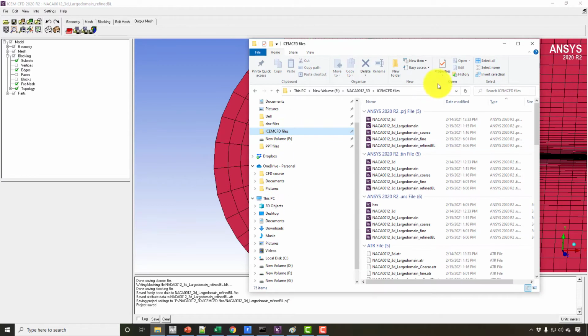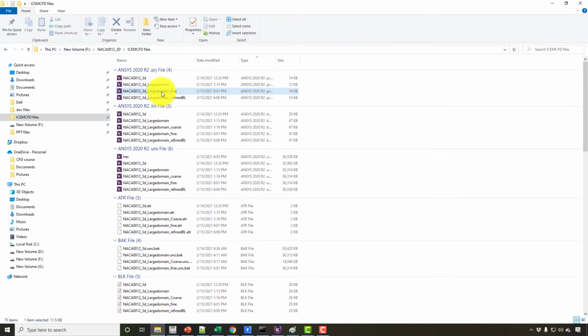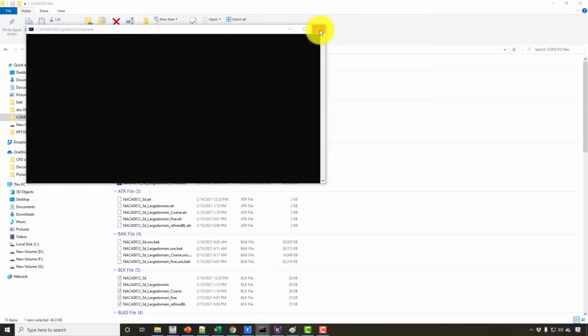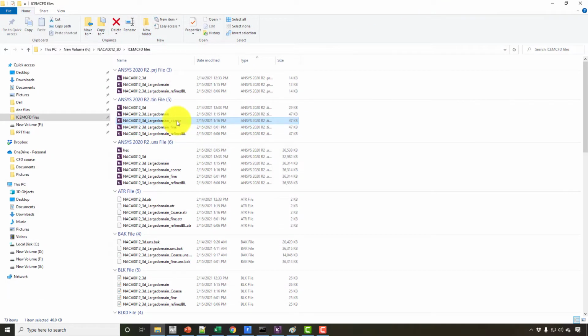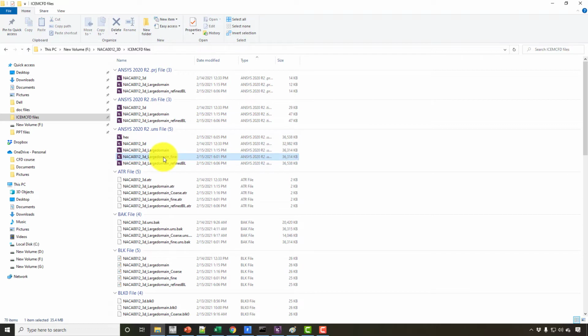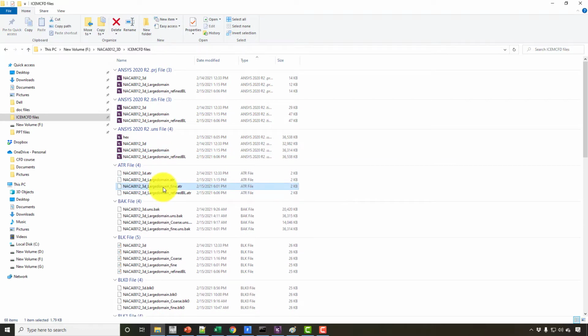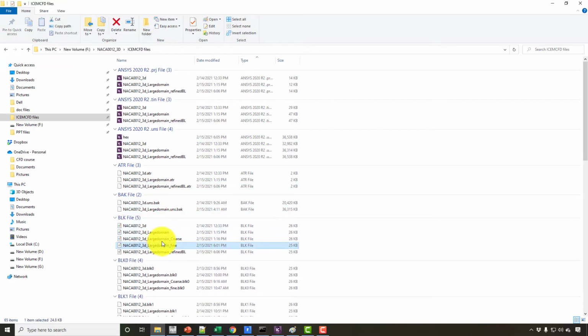So instead of having these names, coarse and fine, this is the medium file, and then I will save the new names with coarse and medium for these coarse and fine with this file. So I will change this file, not this file here, and put more nodes and fewer nodes, and then we can have the study on the mesh.